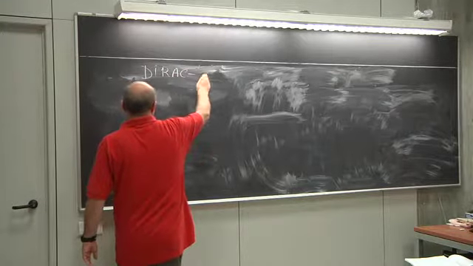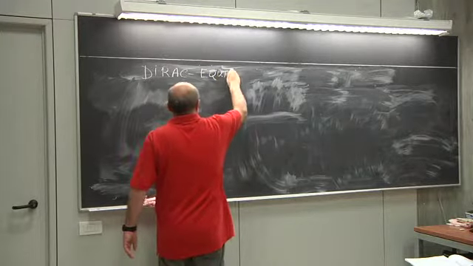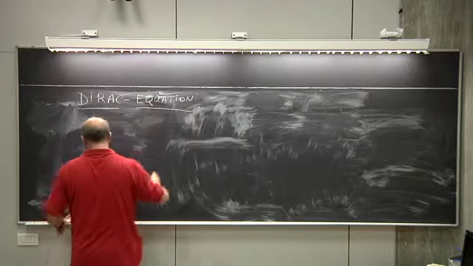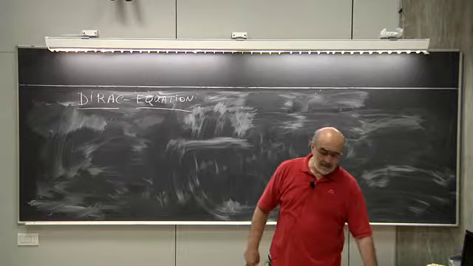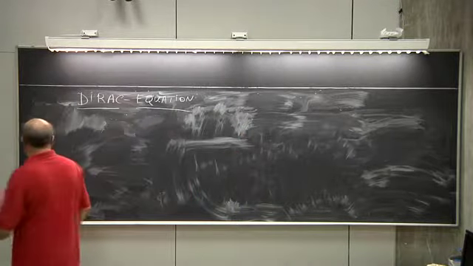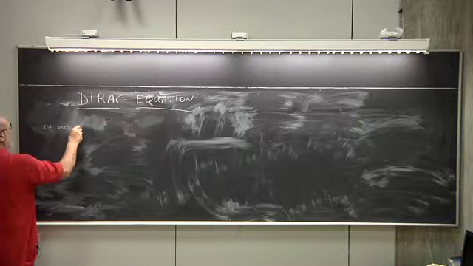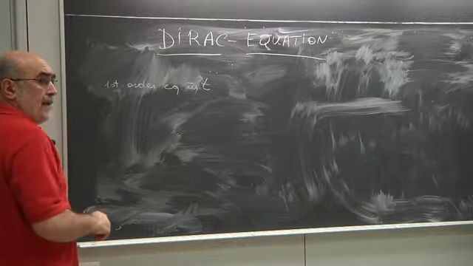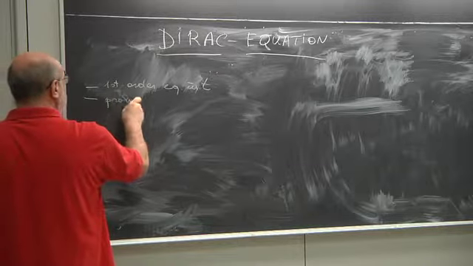Now Dirac did not have in mind to describe a spin particle, but we will see at the end that this equation describes a spin 1/2 particle, but he did not have in mind that. He had in mind to write a first order equation in t, okay, with a probability interpretation